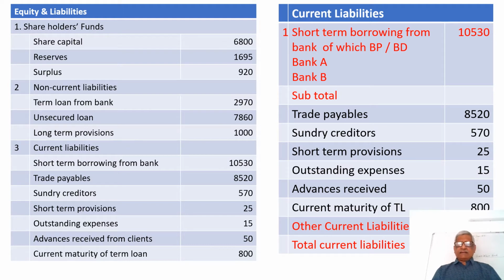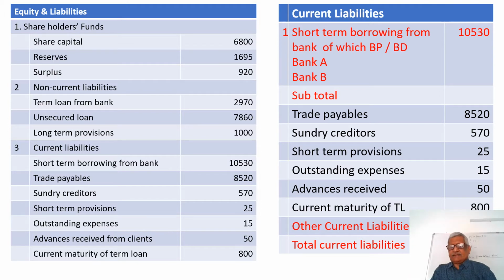And in the balance sheet, the next one is the non-current liability, that is any liability which is to be paid after a period of 12 months, like term loan from bank, unsecured loans, long-term provisions, etc. will come under non-current liabilities. I have told you earlier, the long-term provision is nothing but an amount payable after a period of say 12 months for which a portion of the profit is carved out and kept as a provision. Say, for example, gratuity or provident fund payable to those who are retiring say after 3 years or 5 years.